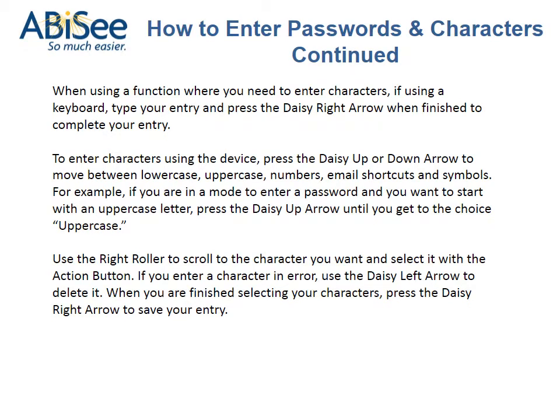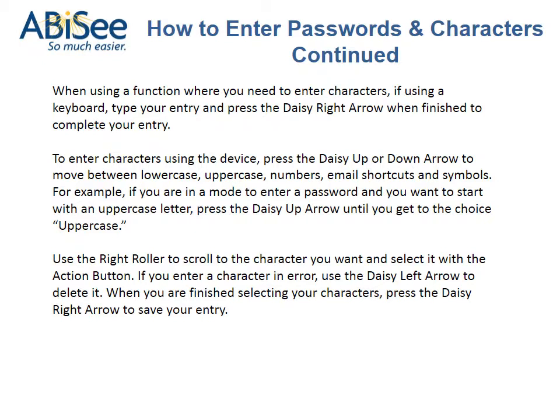How to enter passwords and characters continued. When using a function where you need to enter characters, if using a keyboard, type your entry and press the daisy right arrow when finished to complete your entry. To enter characters using the device, press the daisy up or down arrow to move between lowercase, uppercase, numbers, email shortcuts and symbols. For example, if you are in a mode to enter a password and you want to start